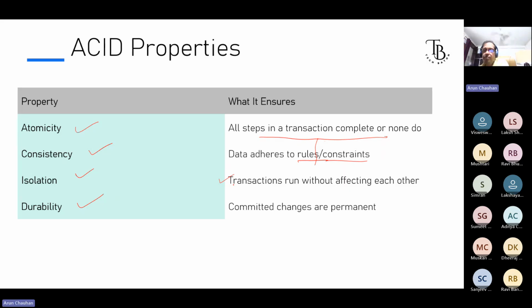So it will not be impacted by other transactions which are happening. Right? And once the changes are submitted in the system, they are permanent. In case you have added a particular employee into the system, it is going to stay in the system unless you explicitly go and delete that particular record. So these are the ACID properties, and when you are dealing with RDBMS particularly, or any kind of transactional system that you're creating, developers will make sure that they're writing code which is following all these